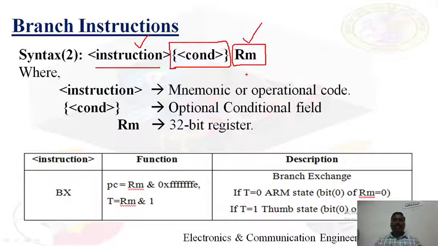Here Rm is a 32-bit register, so based upon Rm, that value is ANDed with 0xFFFFFFFE. Just as we know, all the ARM data are stored word aligned, that is the data is stored from 0 to 3, then the second data is stored from 4 to 7, like that, word aligned. So it means 4 memory chips are used to store the 4 bytes in parallel. So here Rm is used to hold the address to jump to.